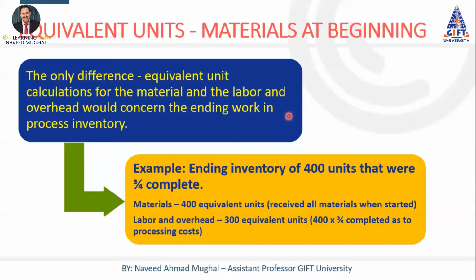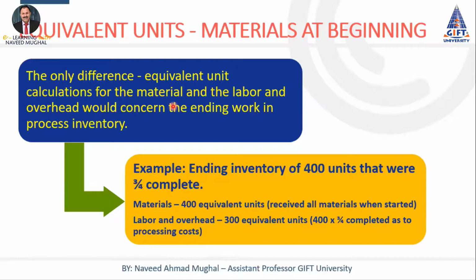When materials are added at the beginning of the process, the equivalent units for completed units with respect to material, labor, factory overhead, and previous department costs will be the same. There would be no difference in the figures because they have completed all the consumption of resources. They have consumed all the costs: all materials, all labor, all factory overhead, all prior department costs.